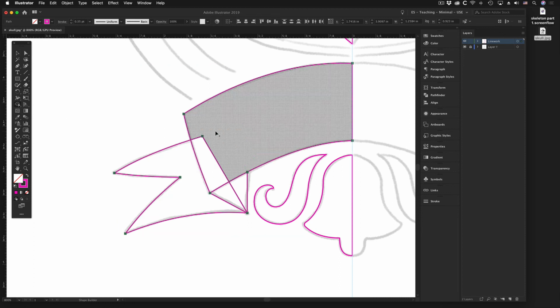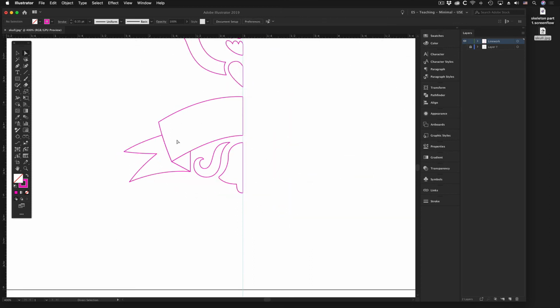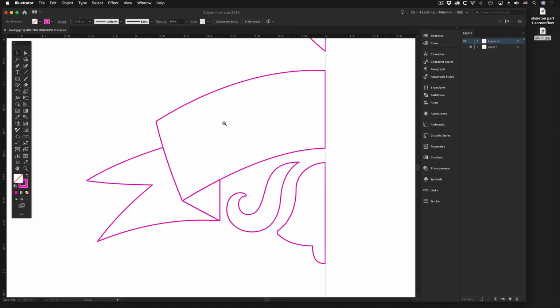Come back over here and let's unite the parts that we want. So we want this and this, and we want this and this. And now we have the 3 parts to the ribbon. It's kind of neat. If you ever want to delete shapes, you would use the shape builder tool and hold down the Option key. It'll become a negative symbol, and then you can also drag through things that you want